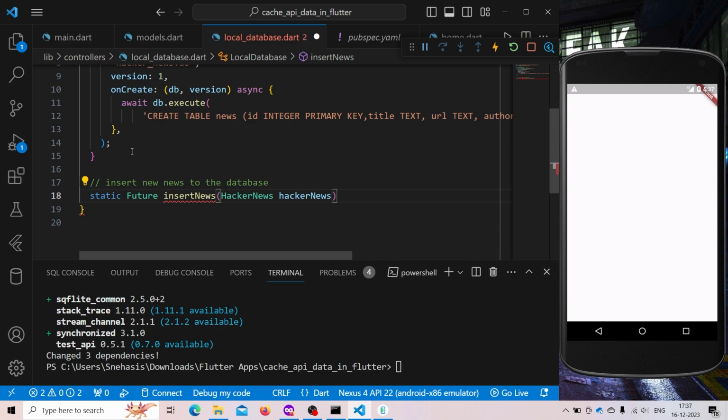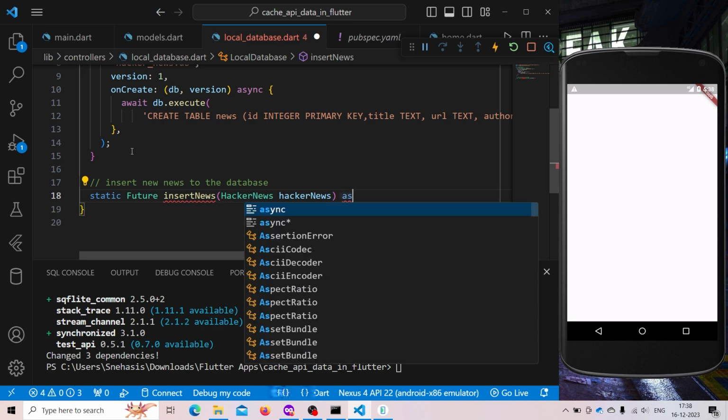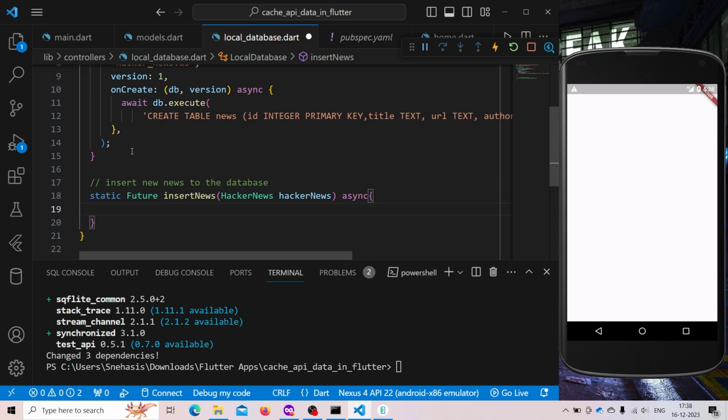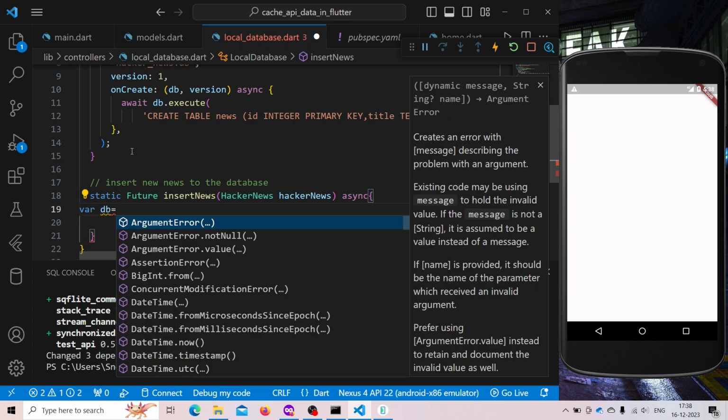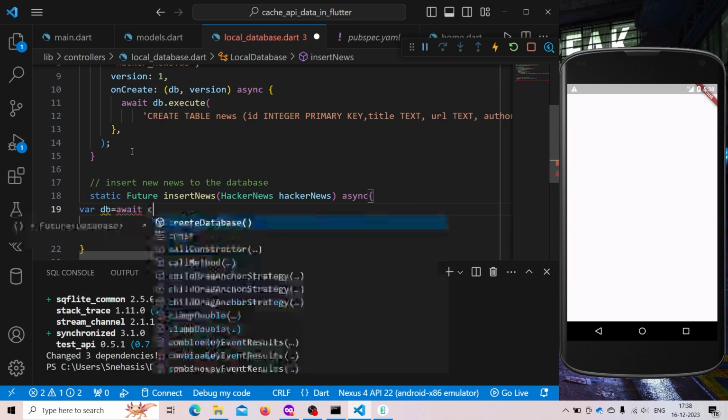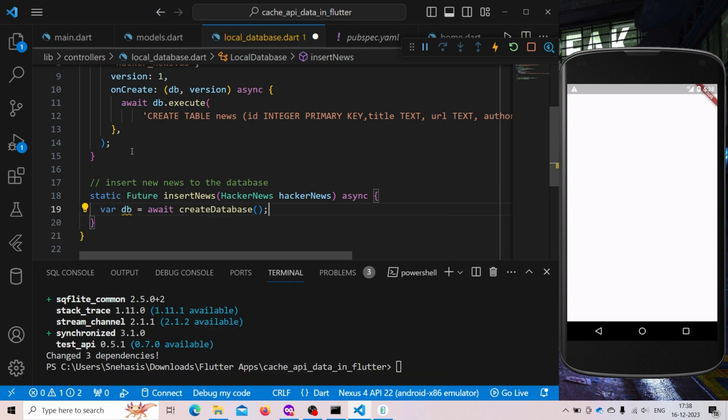Now here we need to provide the hacker news data. Make it async. And first we'll create a variable db and we'll call the create database. And with this we'll return, and also await